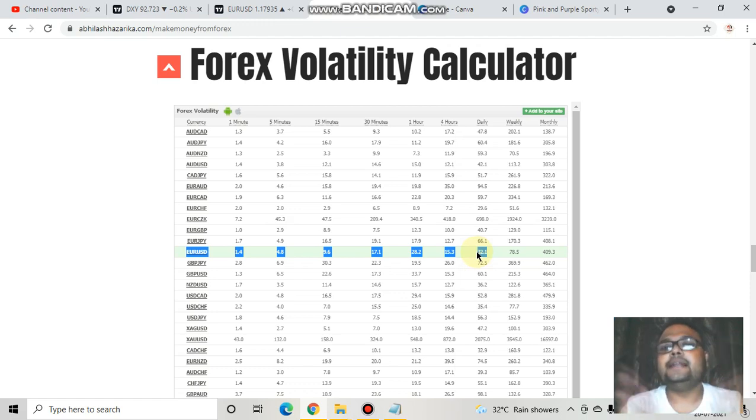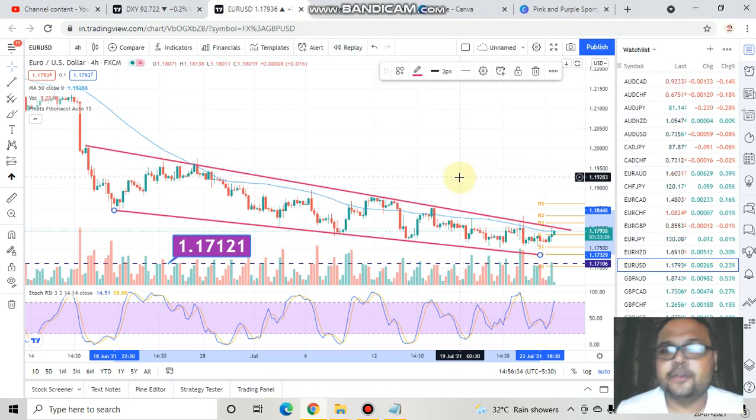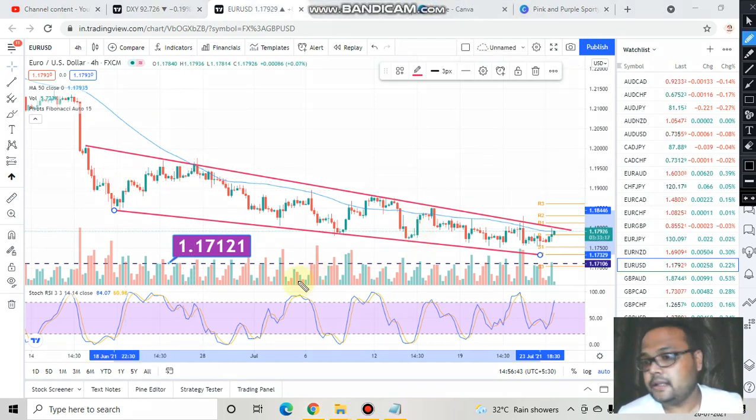Therefore you can clearly see that there is hardly any good movement on the chart of Euro USD. Rather, Euro USD is kind of flat. Not flat, I will not say flat, actually the market is quite dull here. And the most important level in this chart is this level,